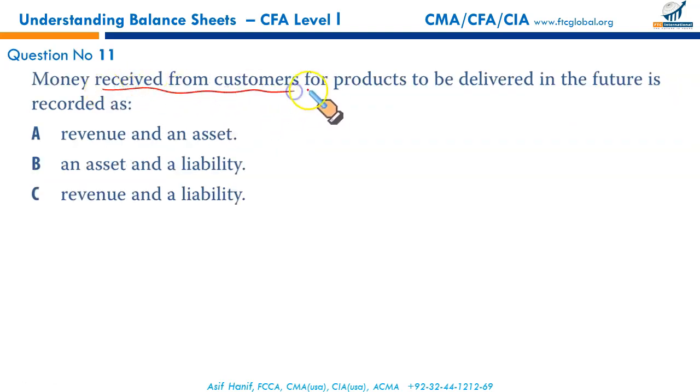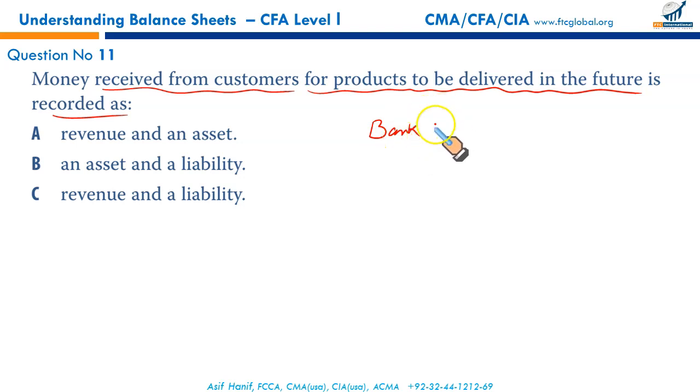Money received from customers for products to be delivered in the future is recorded as... Now here accountants come into action. When you receive money from a customer, please do not go for these entries. They are not examinable. This is the specific purview from an accounting point of view. From an accountant's perspective, when we receive money from our customers for which nothing has yet been delivered or no service has yet been provided, it's an advance from customer. You debit bank and you credit advances from customer.